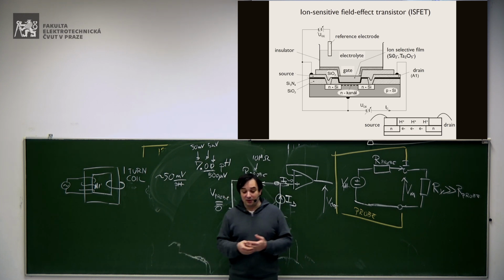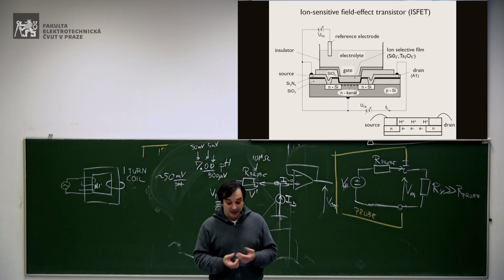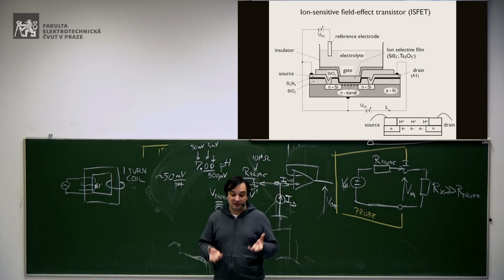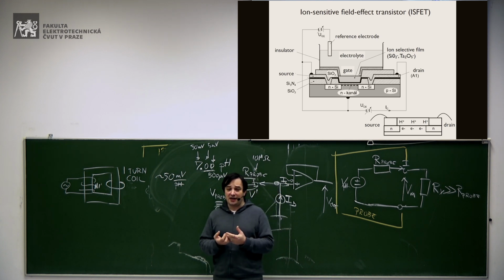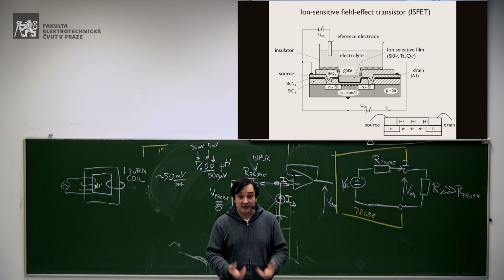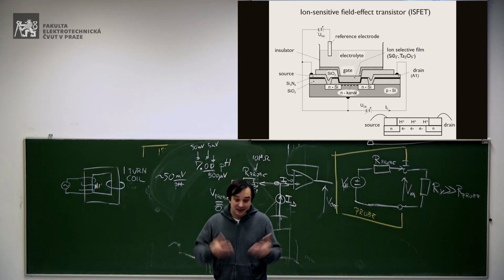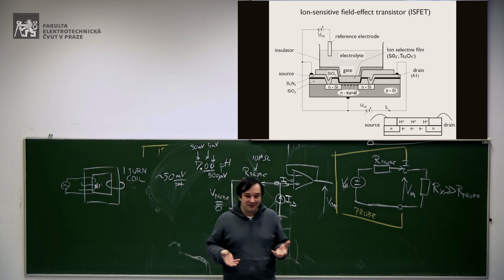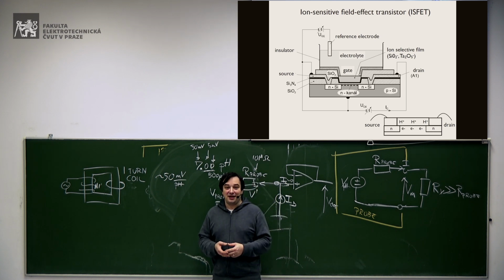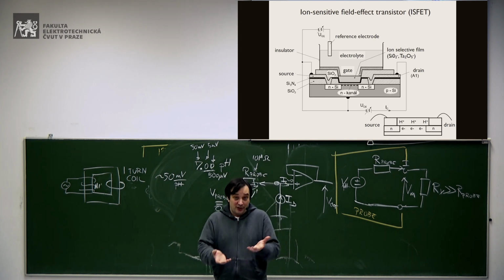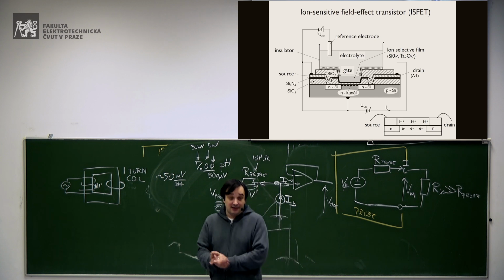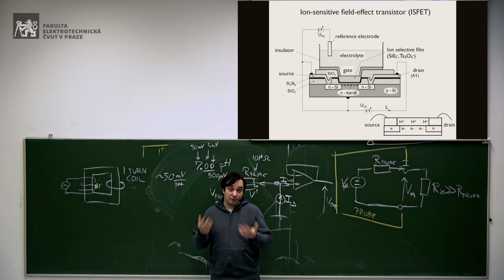Okay, so here the point is being able to create a film which is able to attract from the electrolyte these positive ions of hydrogen to create the effect of the gate. So instead of creating this effect using some electric field, well, at the end of the day, we still use the electric field, but we control this by using a film which attracts ions of hydrogen if you want to measure the concentration of ions of hydrogen, and this is used as an alternative method to measure the pH.